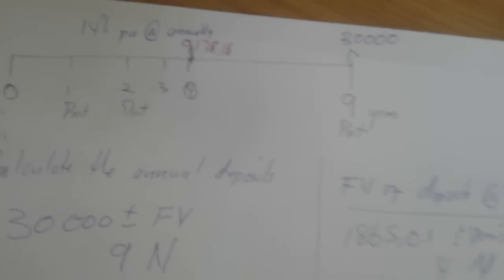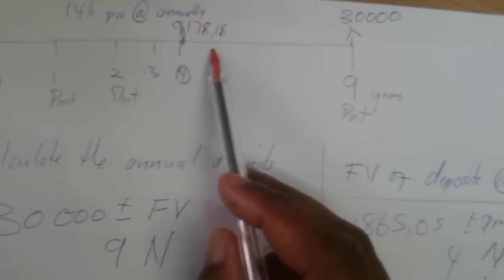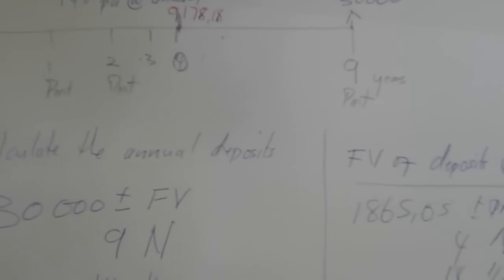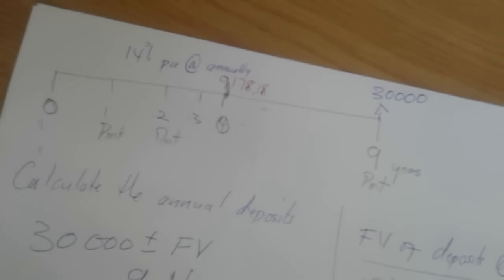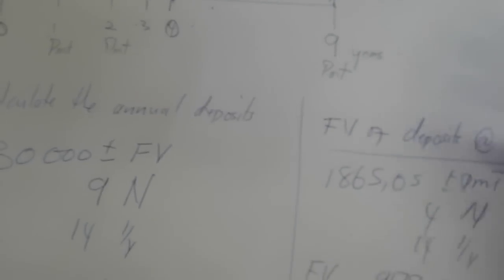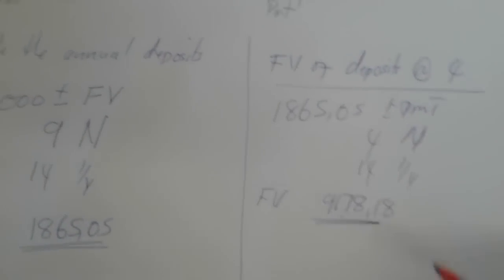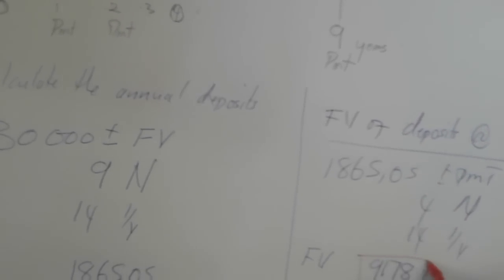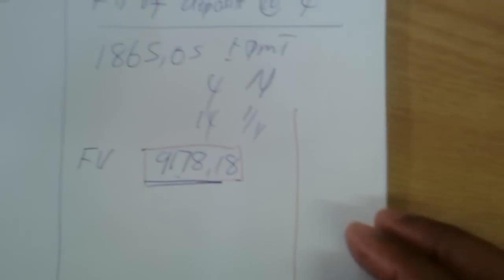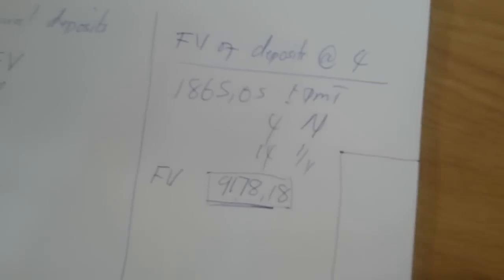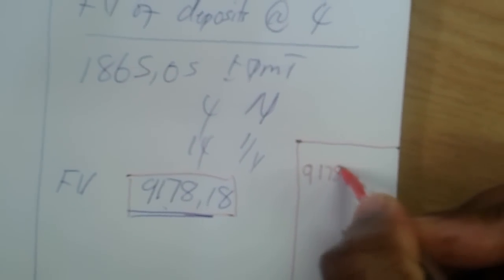So the easy way now is, although there is another way that you can do this. It depends. Because you see, when you write your exams, most of the time they'll give you steps, guidelines. If it was a blank space it would be easy, because now that we have this, there is a short way that you can get your answer straight away, which I'm just going to explain because you might use it later. So it will be 9,178